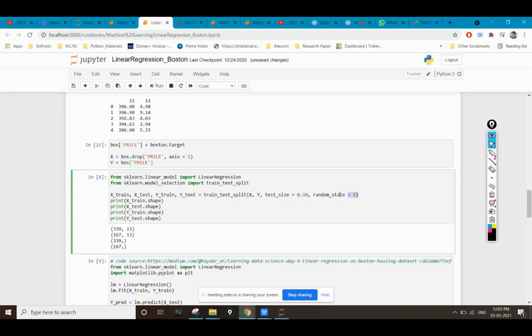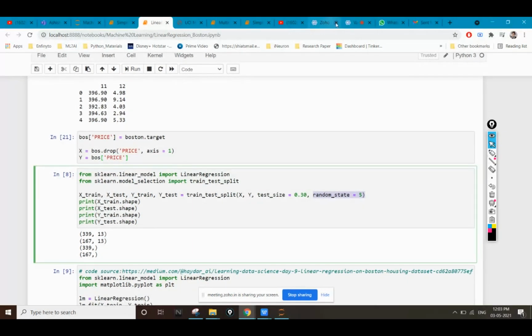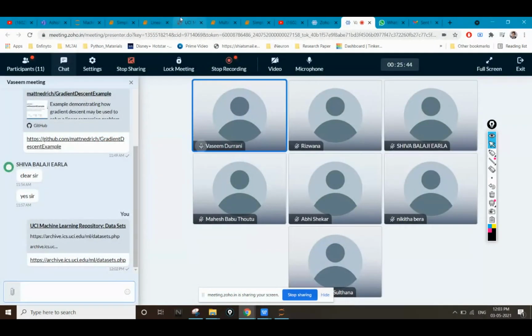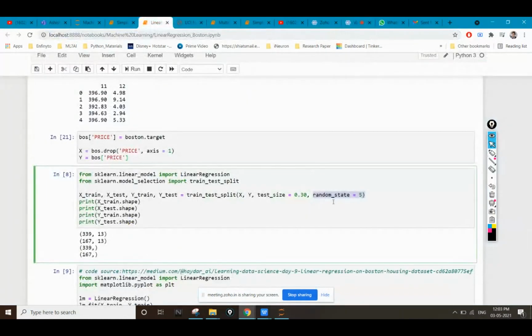And this random state 5 which you are able to see here means that if I provide a random number 5, and you provide the same number, you are going to get the same values, because when we divide into test and train parts, we take values randomly. This value will be in the training part and this value will be in the testing part. So to get the same random values in your system also, we use random state equals 5.